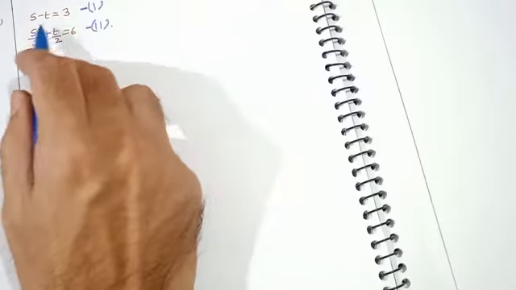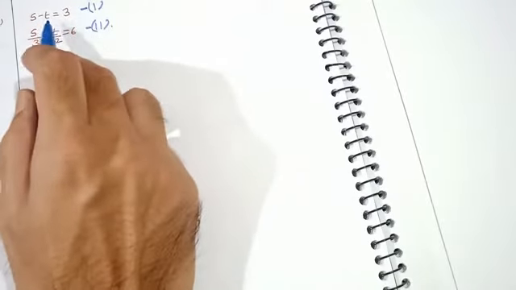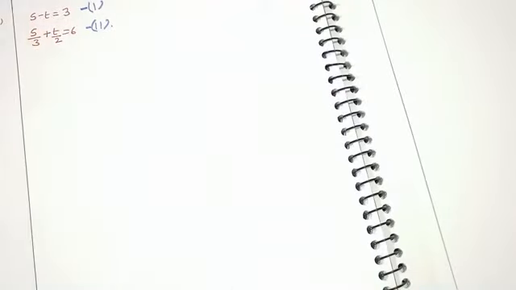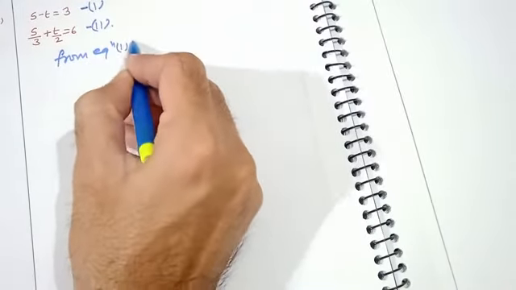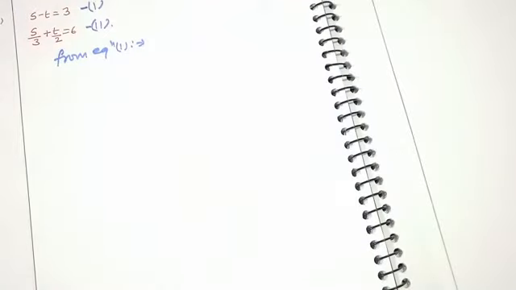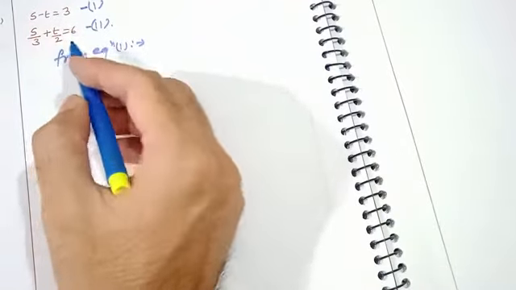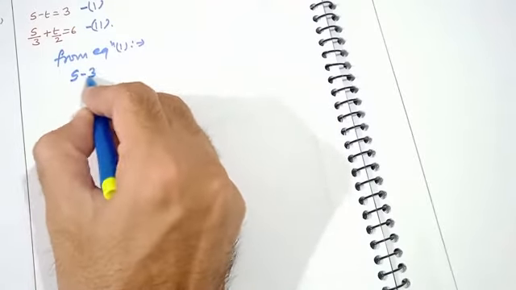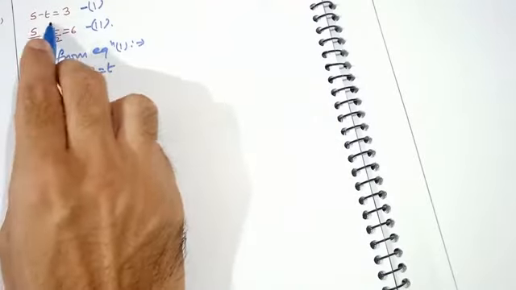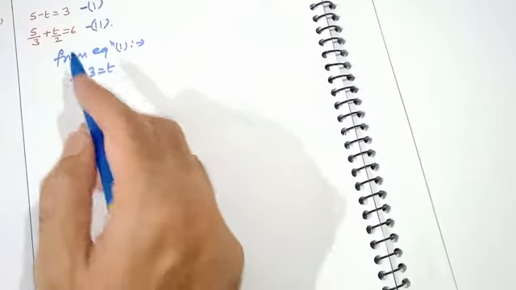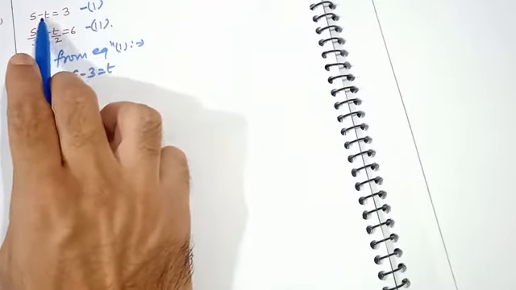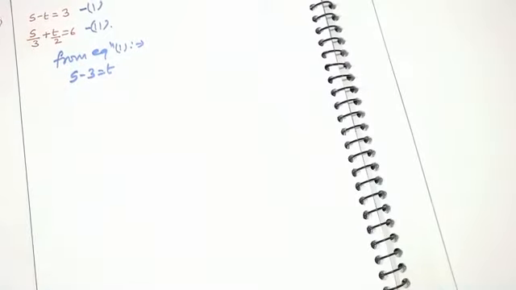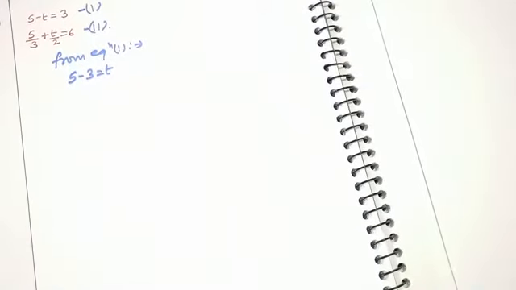So let's find it. Just as I did in the previous video, I am continuing the same process, the substitution method. I hope that is clear. Now from equation 1 you can find the value of s or t. You can find either value here. Suppose I am finding the value for t. So s minus t equals 3 can be written as s minus 3 equals t. You have shifted 3 from RHS to LHS and you have transposed minus t from LHS to RHS. Is that clear?